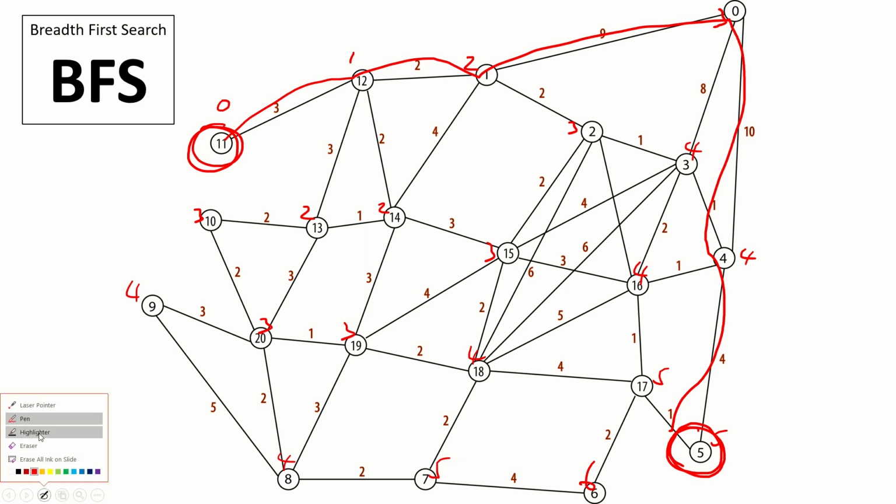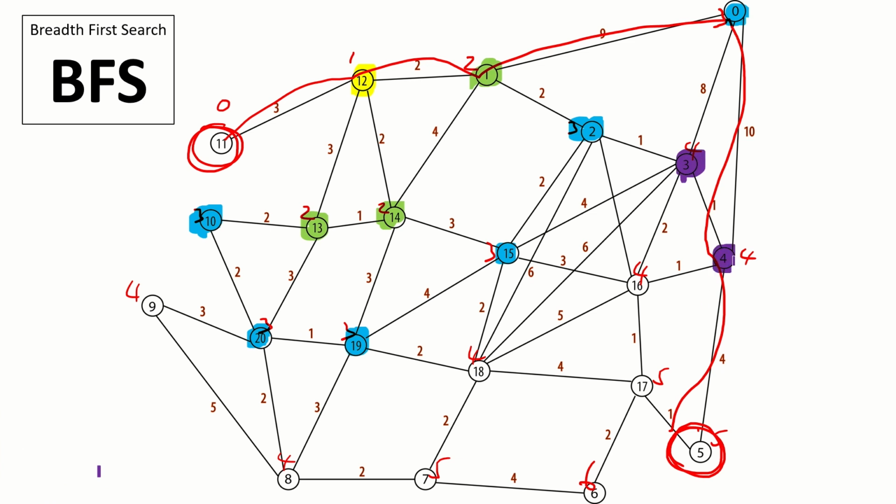If I change the colours on this pen and use the highlighter just to demonstrate, so this is 1 step away, change the colour, these are all 2 steps away, but I'm doing quite a lot of work to go back to every node and then look at all of the adjacent nodes. So it's a fair amount of effort, but you can see we're gradually spreading further and further away from the